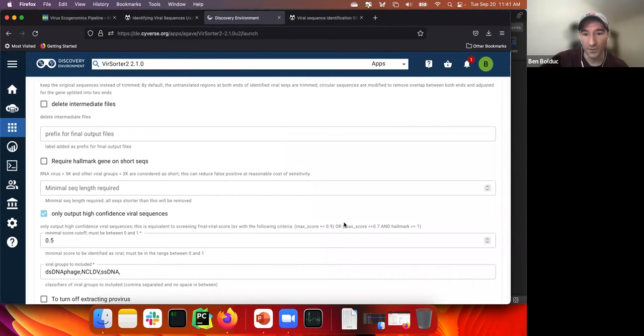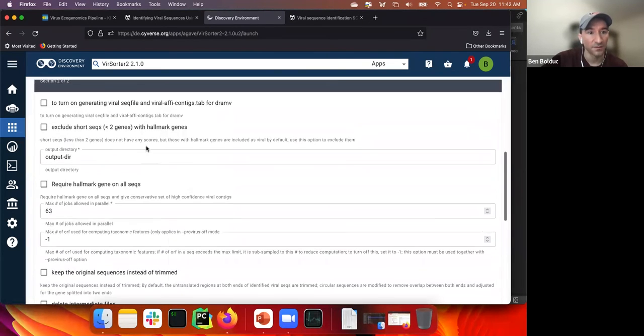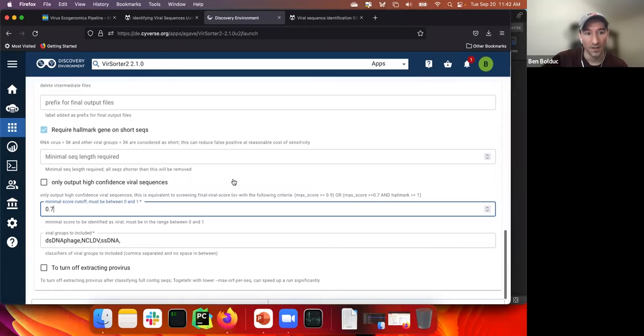So you could also produce the same kind of results if you asked, okay, I need a hallmark gene. So you need to have at least a hallmark, and then adjusting my score, it's right below this, to 0.7. And then I'd be able to get this value. Or maybe I want,